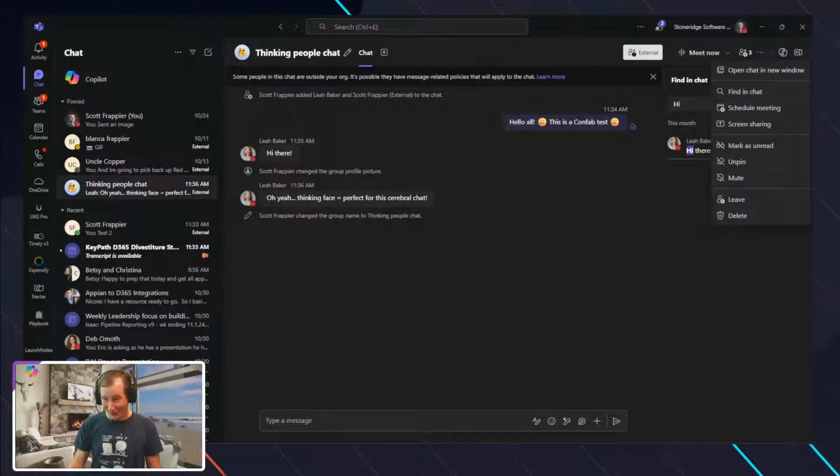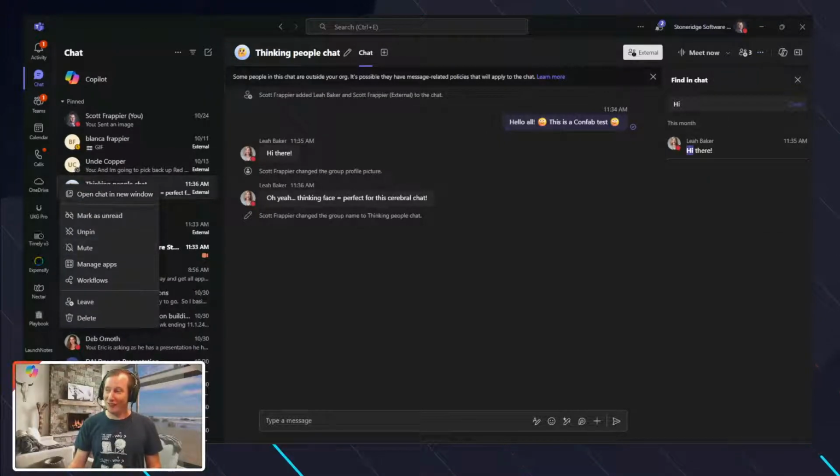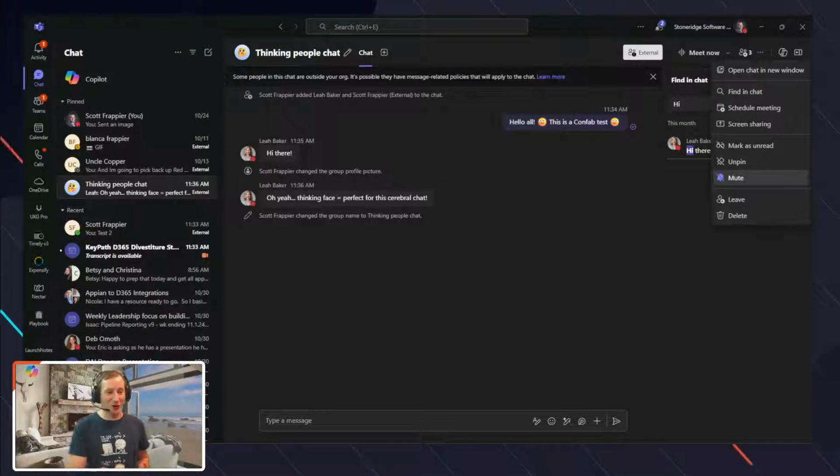And then the final one I like to call out, this wonderful mute action. So here's the mute. I'm sure you all have had it happen. People get excited. People have a big group meeting, and all of a sudden you get all these pop-ups occurring constantly after that meeting. You're in an important broadcast and you don't want those to pop up every 2 seconds. Well, what you can do is mute conversations as well. This has been a feature that's been there for a while, but I do want to mention it because I have personally witnessed getting tons of pop-ups where I'm like, I can't have this. Well, you can mute it.